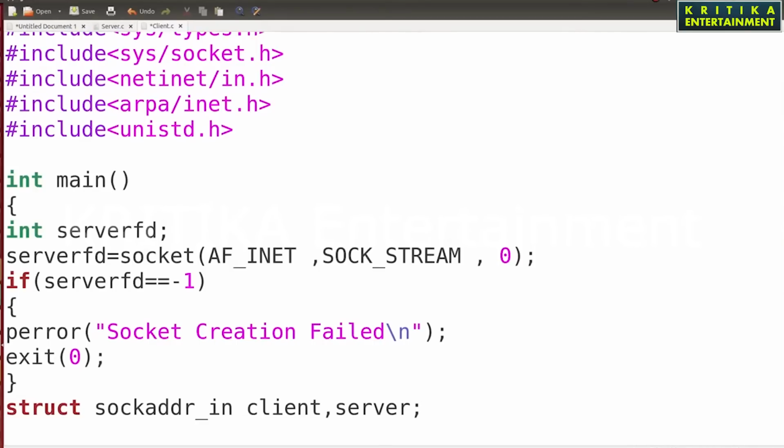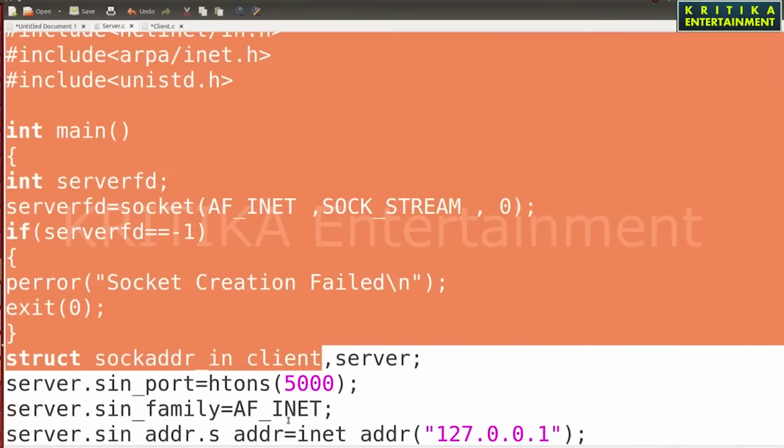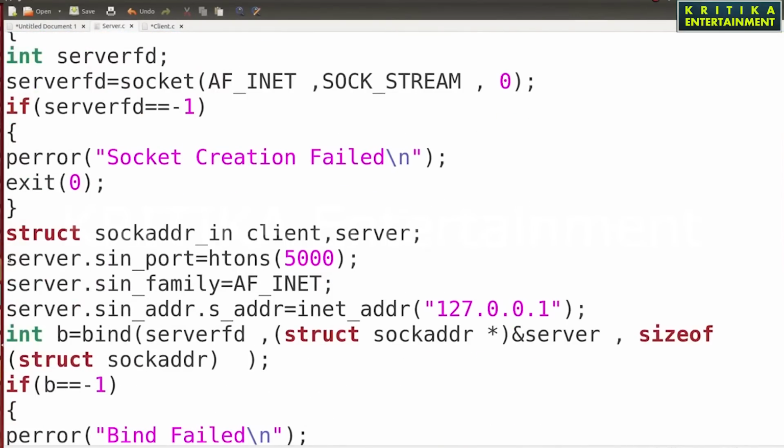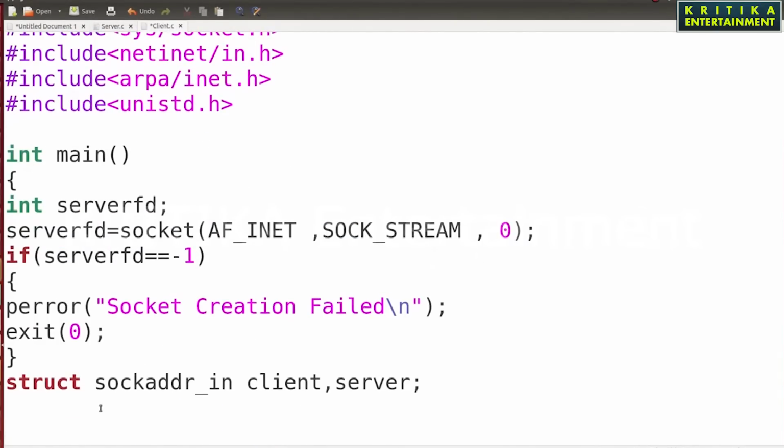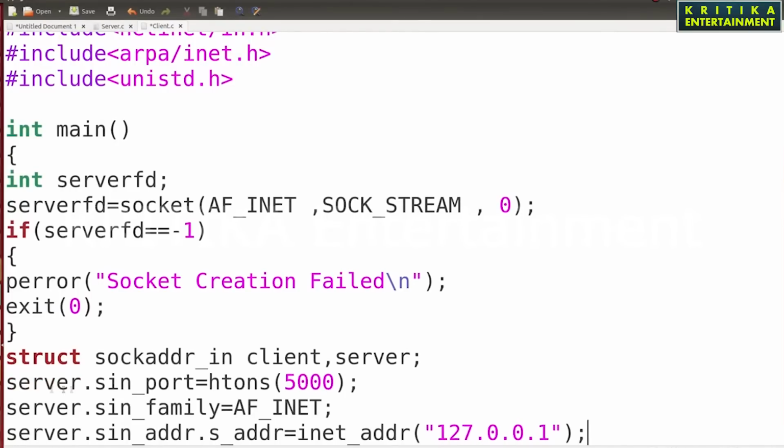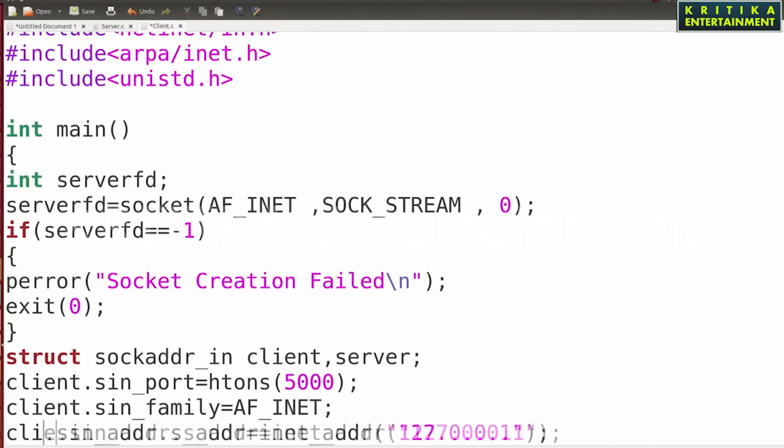This is the client side, so you need to establish the client. Then how to establish the client? You make these 3 lines, copy and paste. It is the same machine, so you paste it. Instead of server you will write client, because the client needs to establish with the IP. Remember both should be the same because I am going to run it on the same machine. Here also client, and same.